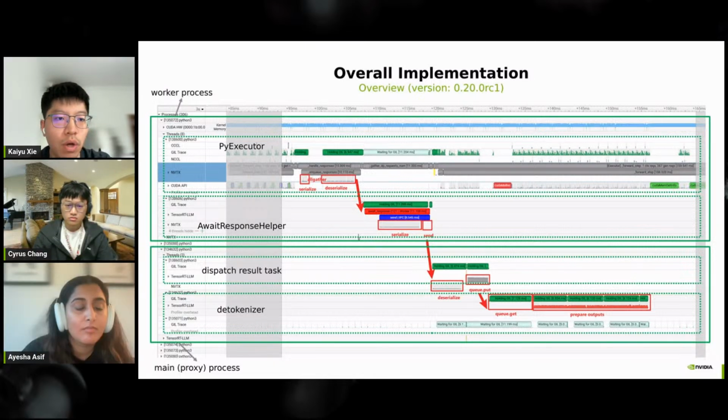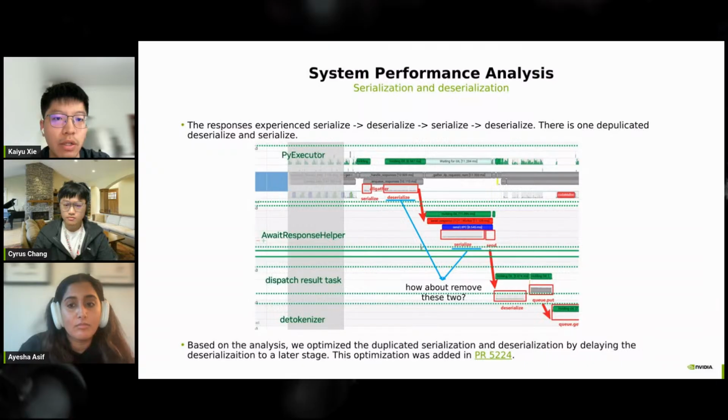Also, if we take a look at this graph, we could see that there are several parts that look confusing. For example, if we take a look at this part specifically, you could see that those responses